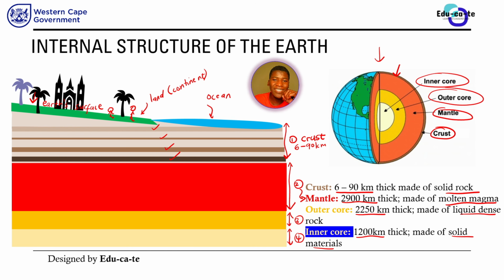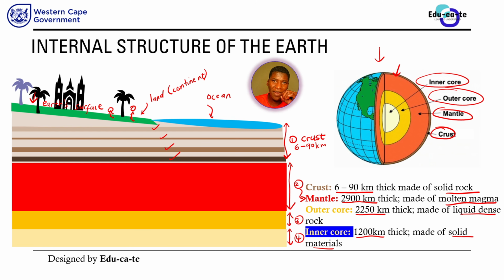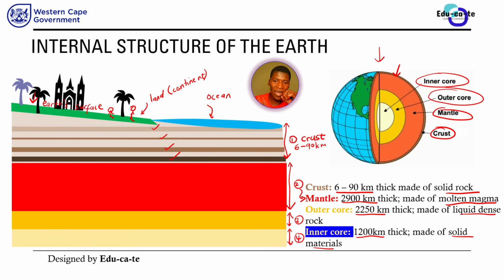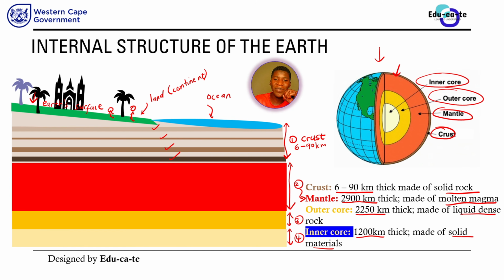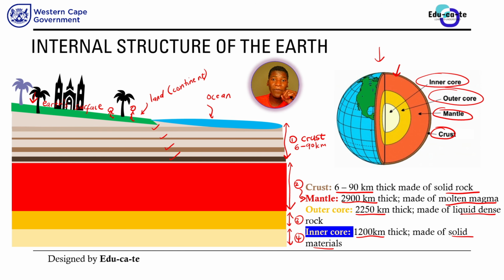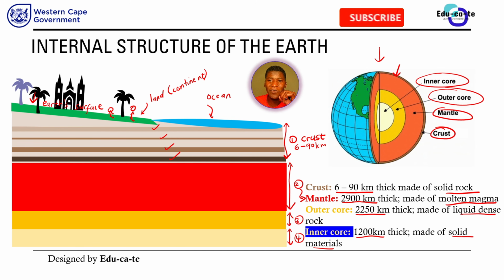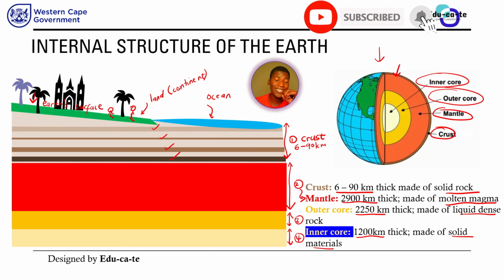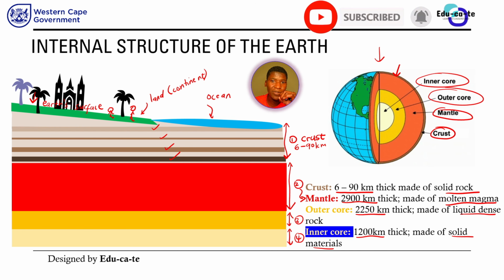And then if you continue digging and you pass the molten magma, you will reach a what? An outer core. You continue, you will reach lastly the inner core. So this is the diagram that I've designed for you so that you can easily see it, because sometimes you might be confused in this round earth. What in the world are we talking about?